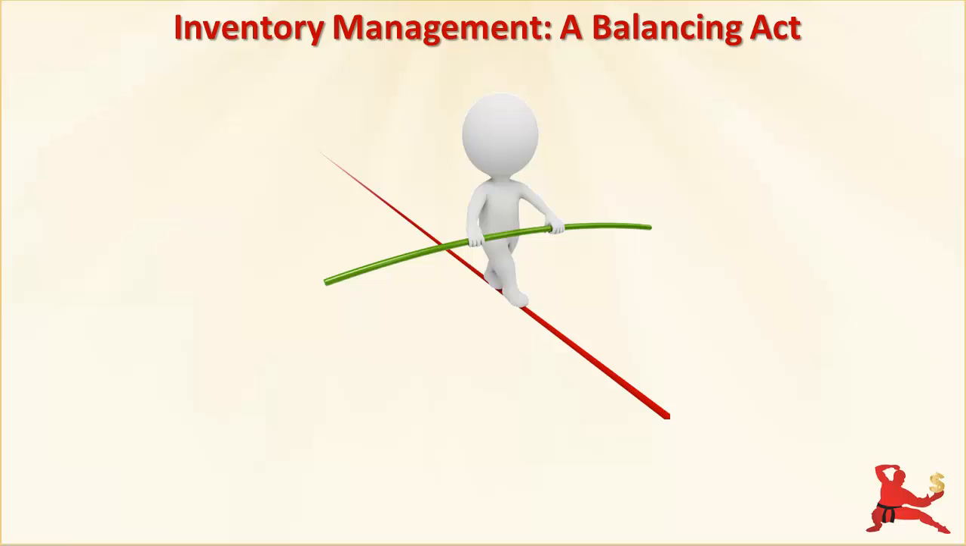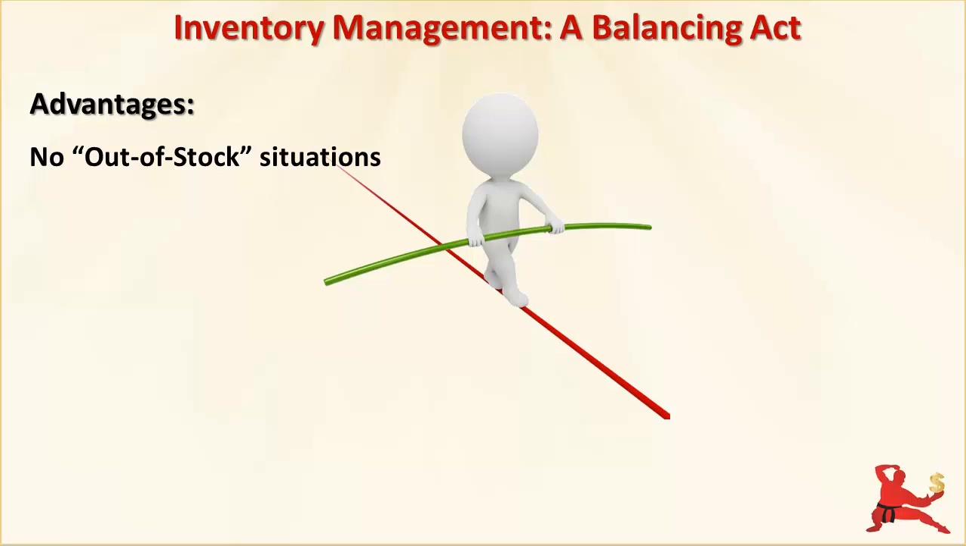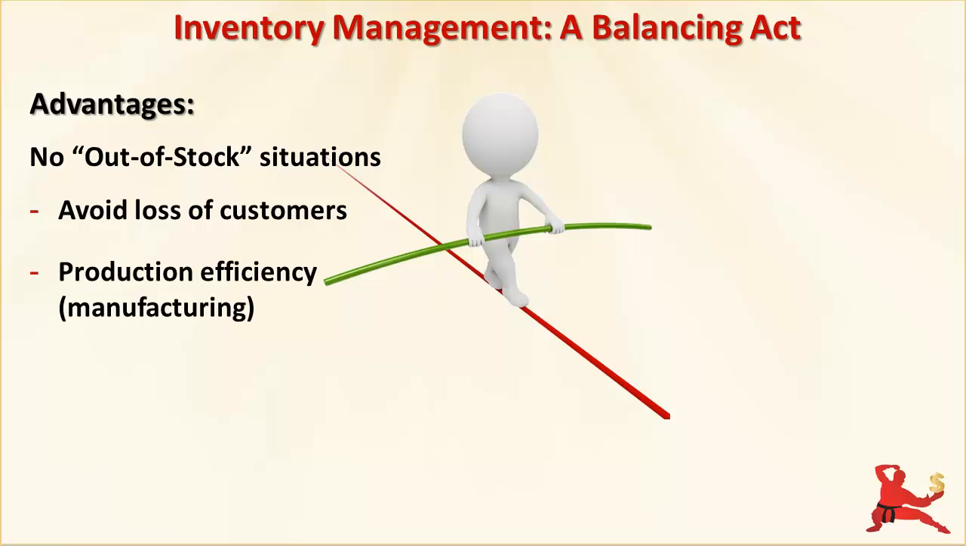Sound inventory management is about striking the right balance between having too little and too much inventory. The advantage of holding enough stock on hand means you don't keep running into an out of stock situation. That could mean lost sales because your customers start buying from your competitors. With a manufacturing business, not having enough of the right raw material on hand could mean disruptions to the production